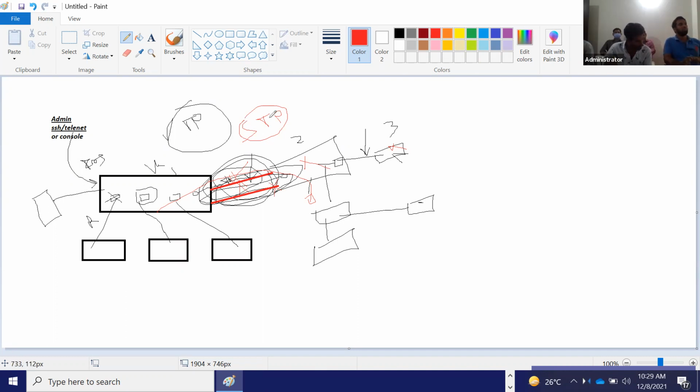So, how does STP block the port? There are some terminologies because this protocol has some rules. So what will it do? Out of these switches, it does an election. One switch will become a root bridge. Who will become the root bridge? The switch which has the lowest MAC address. It will become the root bridge. And the ports of the root bridge will always be in forwarding mode, like they will never be down.